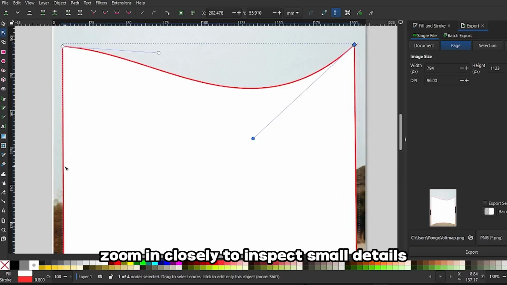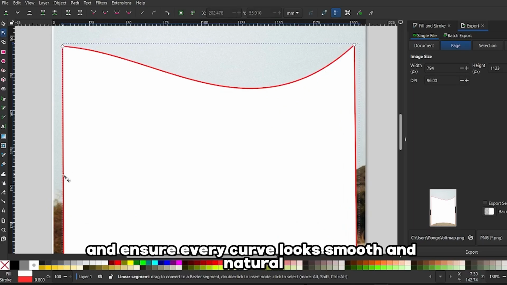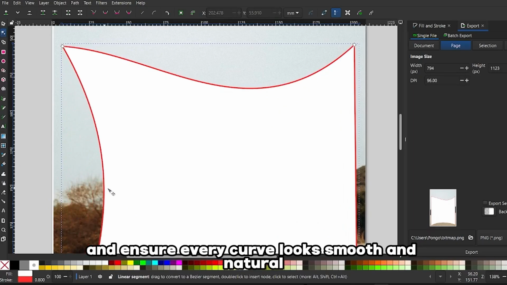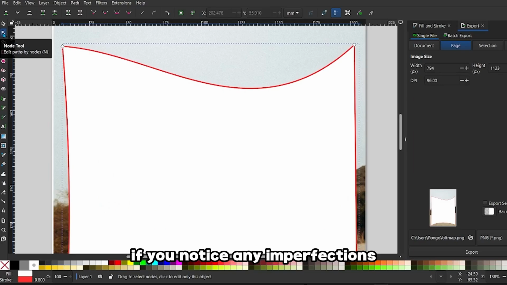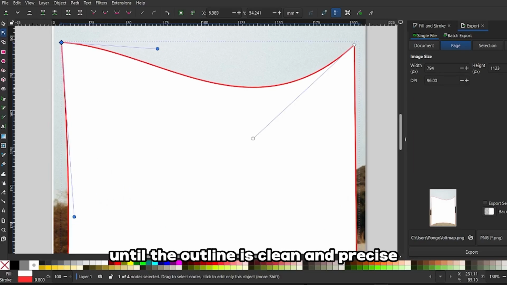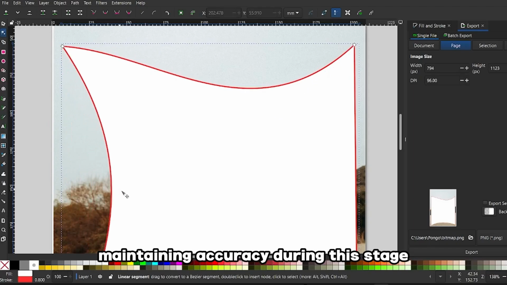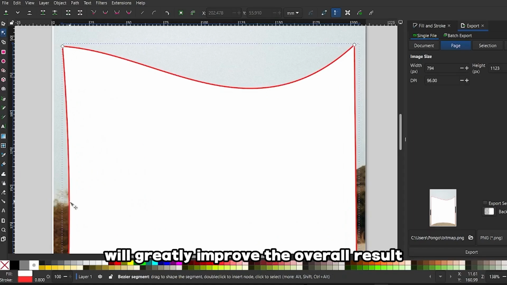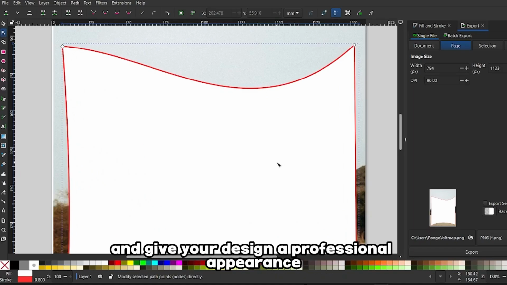Zoom in closely to inspect small details and ensure every curve looks smooth and natural. If you notice any imperfections, return to the node tool and fine-tune the handles and points until the outline is clean and precise. Maintaining accuracy during this stage will greatly improve the overall result and give your design a professional